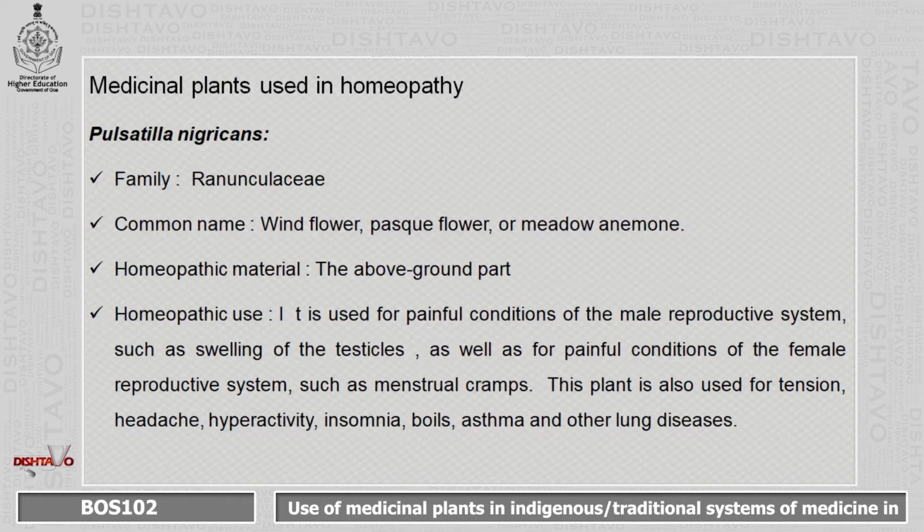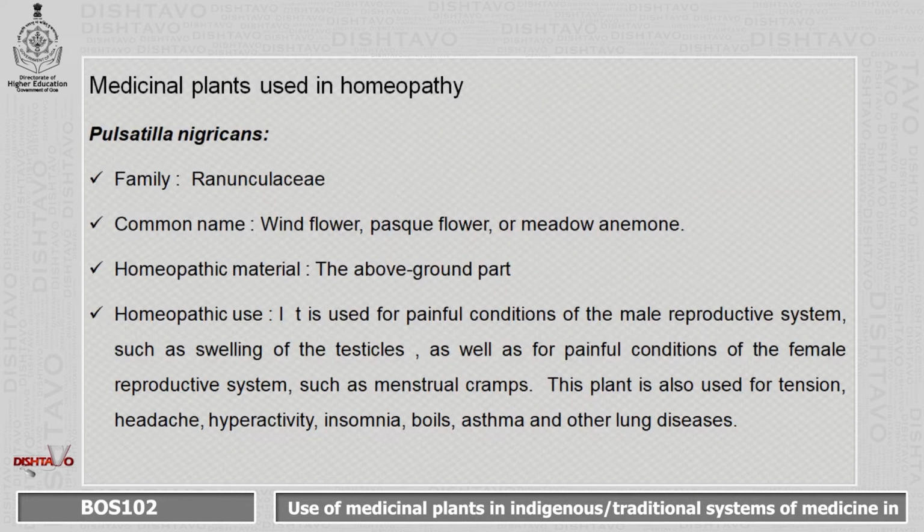The first plant is Pulsatilla nigricans. It belongs to family Ranunculaceae. Common names are windflower, pasque flower or meadow anemone. The homeopathic material used is the above ground part. Now homeopathic uses, it is mainly used